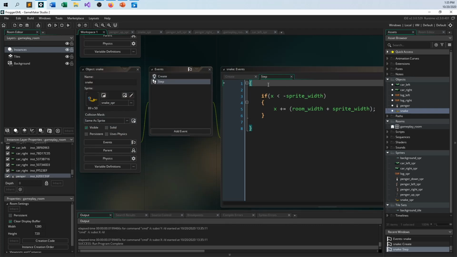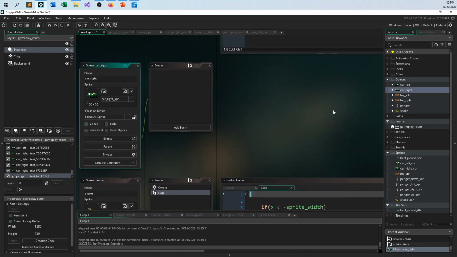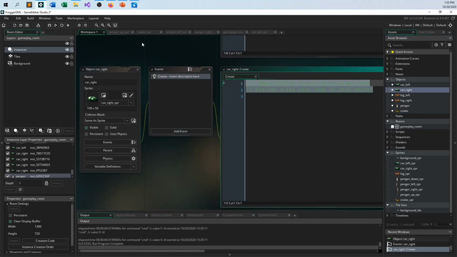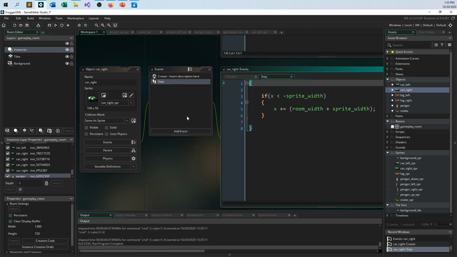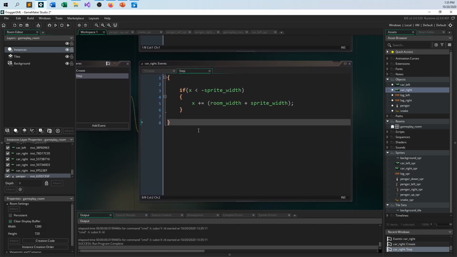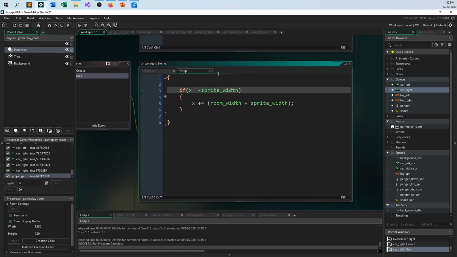It's just a little more complicated because the math is a little different. It's the same idea. It just goes the other way. So let's take a look at the right-facing car. I will give it a create event, and I will give it an hspeed of +2. And then I will paste this in. So now, again, it's the opposite idea. If the x value is greater than the room width,